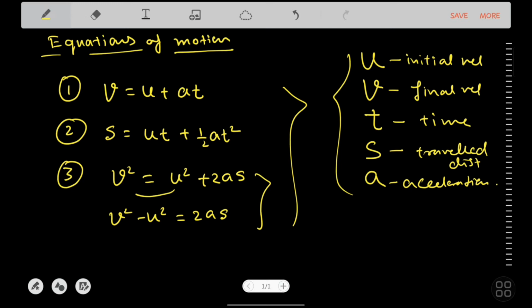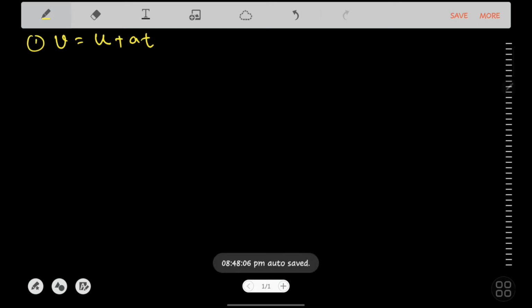So one by one, in three different videos, we are going to understand how to derive all three equations. But before that, we need to understand the graph. One single graph which is going to define all three equations of motion. So let me introduce the graph first. We need to prove that V equal to U plus AT. For that we will take the area between the axes